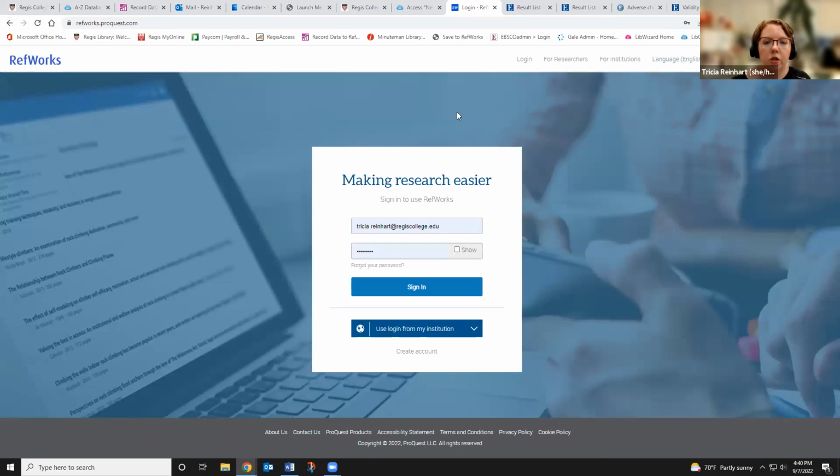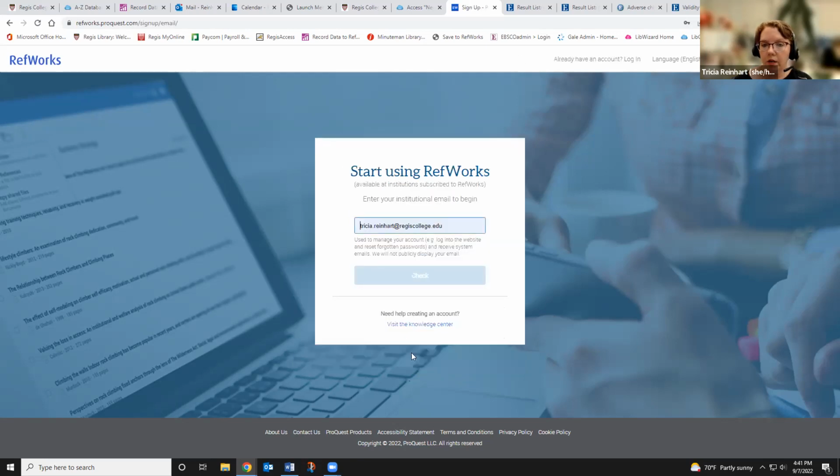But when you first click on that link, you'll get taken to this page here. I was already signed in, so it just auto signed me in. But you as a new user will see this page. And I already have an account, and like Amanda, I forget my password, so I always save them. But you would log in here if you already had an account. To create an account, now this is an important thing to note, you want to make sure you go to this create account link here. Because there's this use login from my institution, but that's not the same way we log in. So you want to make sure you go to this create account, and then you're going to